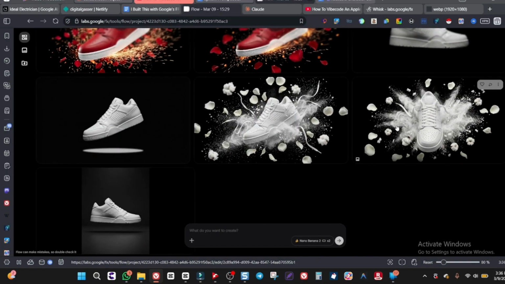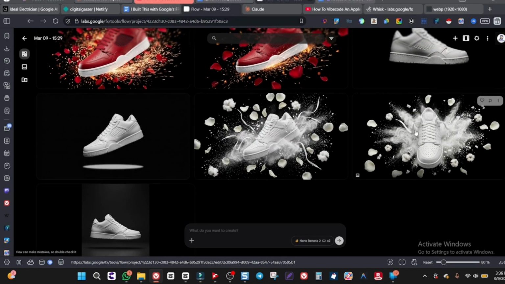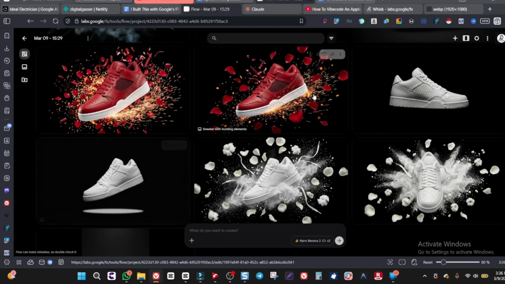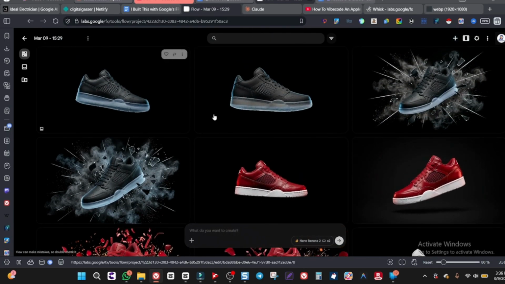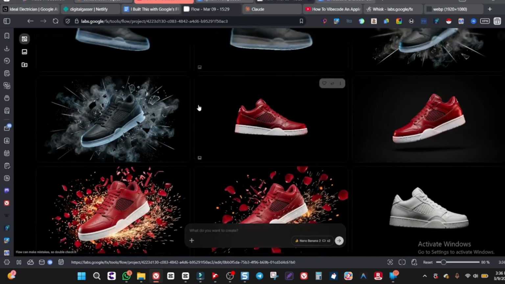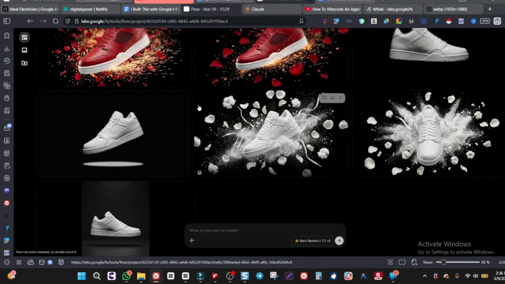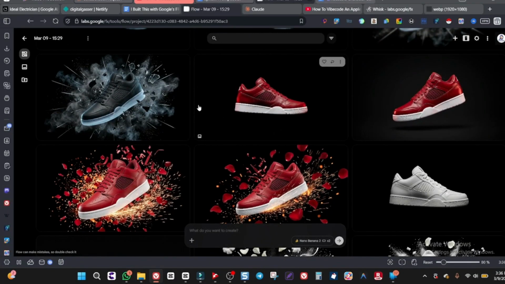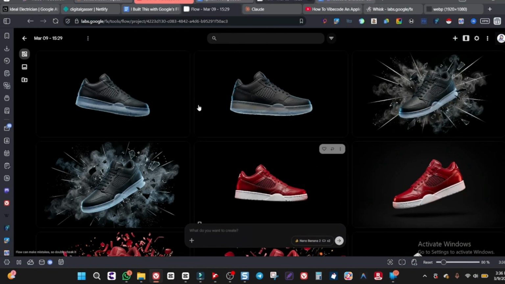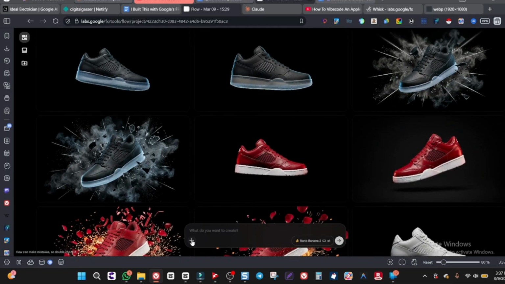So our image is ready. You can see the first frame and the last frame, the first frame and the last frame for the three products we are using for this website building. So we would have to animate them now from one frame to the other. So let's do that. To do that, we will have to click on the plus icon,